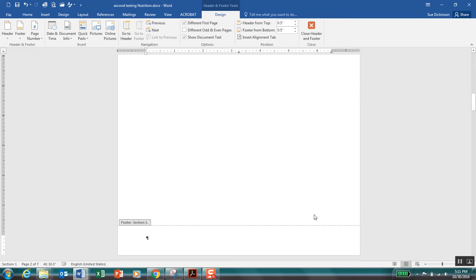So when I do that, because I was at the beginning of my table of contents page, which is the beginning of the section, you'll see that I have a footer that says Section 1. So this is where I want to insert my Roman numerals, but I want to see the rest of the sections of my document. So if I click on Next here to navigate to the next section,